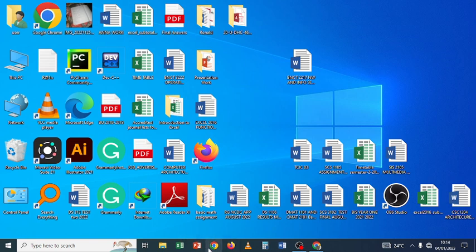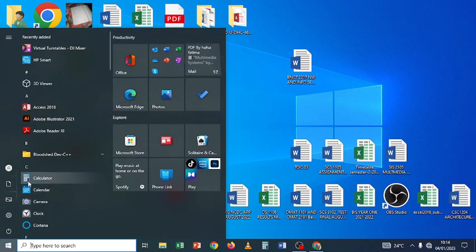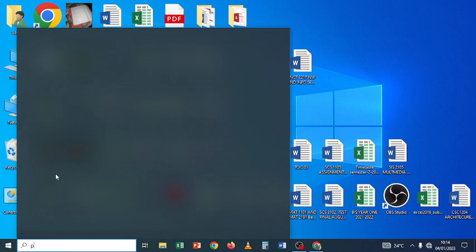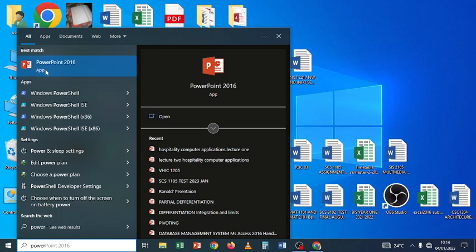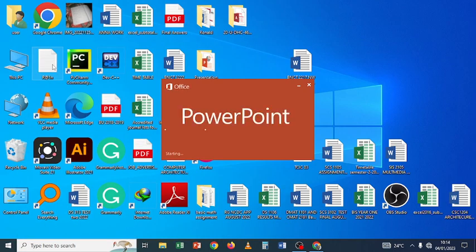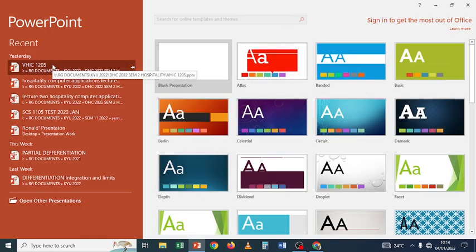It can be launched from here, the taskbar. You click once, it gets launched, or you go to the start menu. If it is not displayed here, you type PowerPoint. As you type power, it comes here, you click it, and then it gets launched, where you get in this